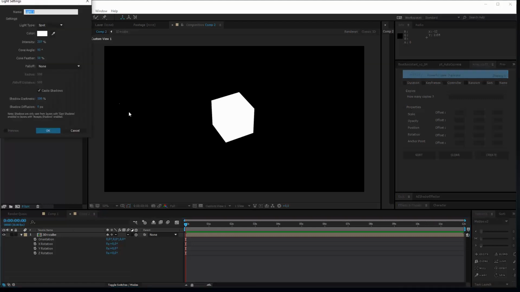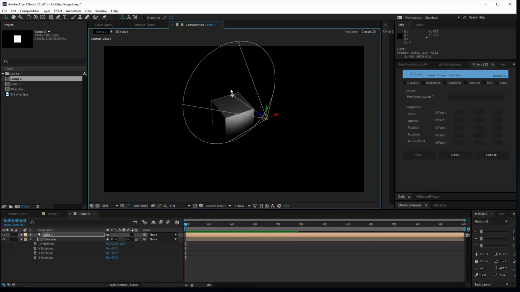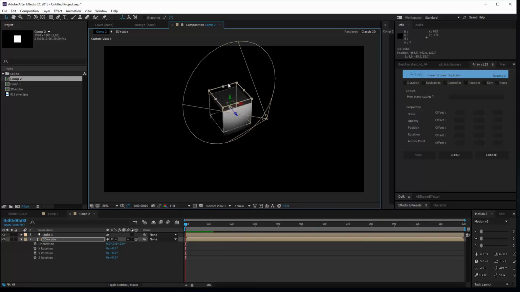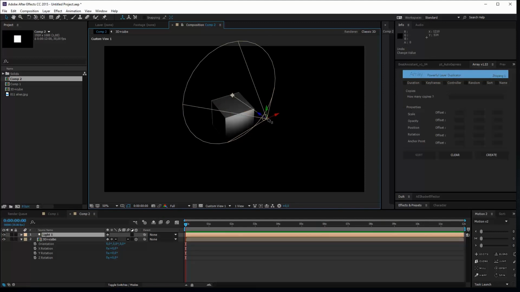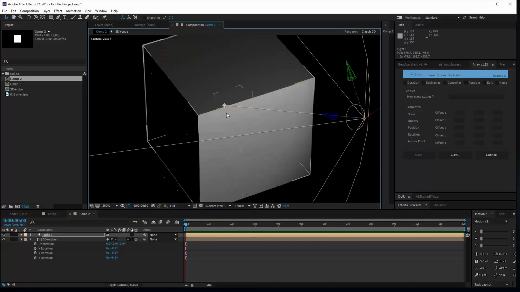Okay, so now I'm also going to show you some problems you may encounter. So let's add a light. Make it a spotlight, why not? Intensity 100%. Voila. Alright, so first thing is you get these really crazy edges